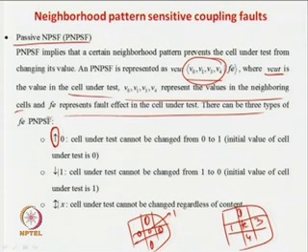So, it says that you want to raise the value of the cell under test from 0 to 1, but the initial value of the cell is 0, and it is not allowing you to do that. This is one kind of fault. Similarly, it says that one kind of fault can be, for example, if